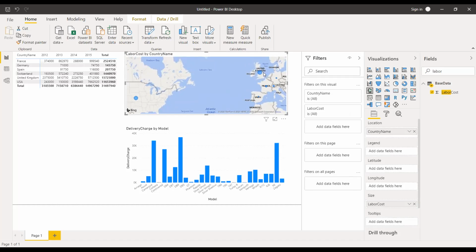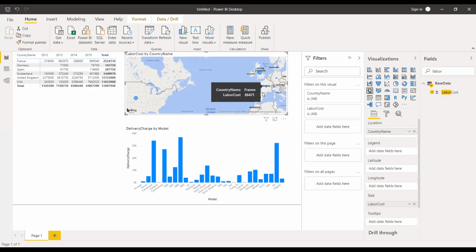Some of the dots which were appearing in the country names have a big radius, and some of the countries have a small radius. That will be adjusted according to the labor cost. So the countries where the labor cost is high, we have a big circle, and the countries where the labor cost is small, we have a small circle.